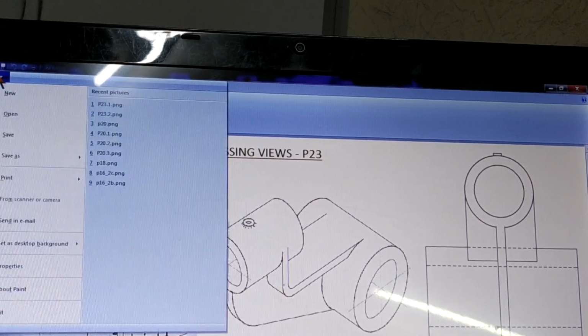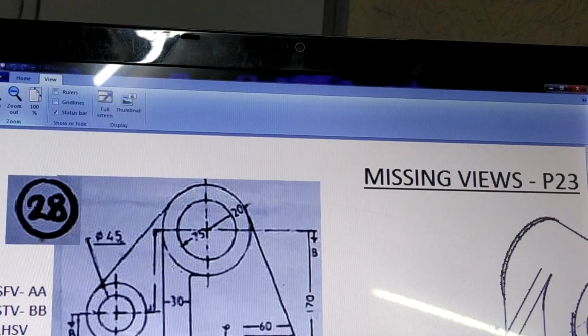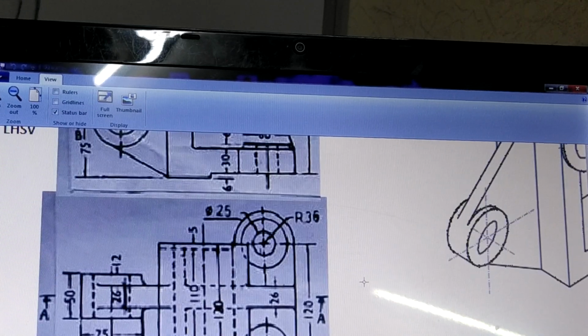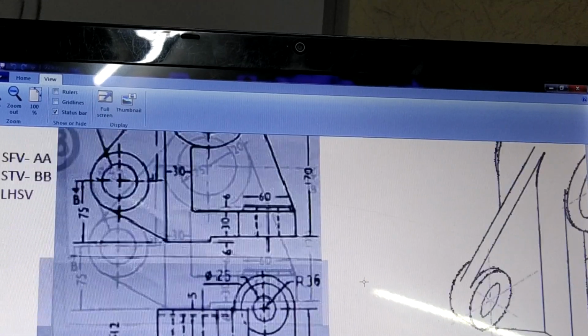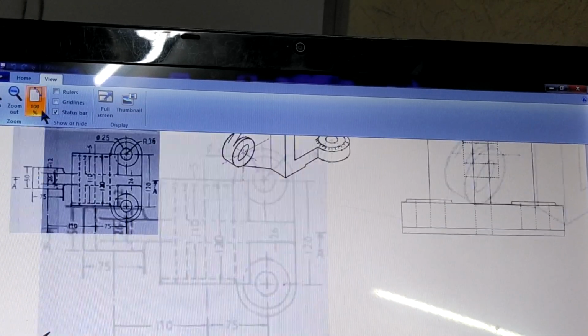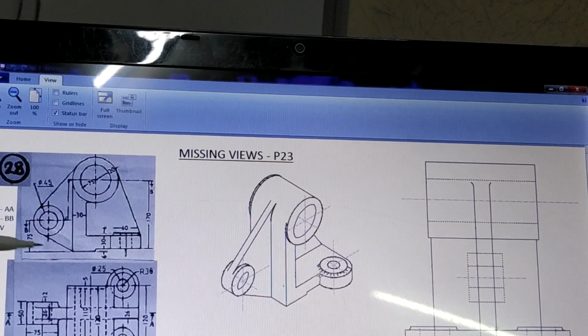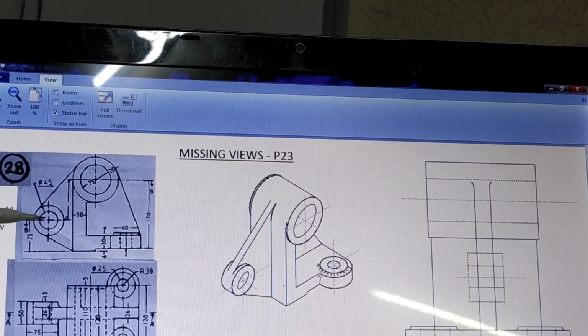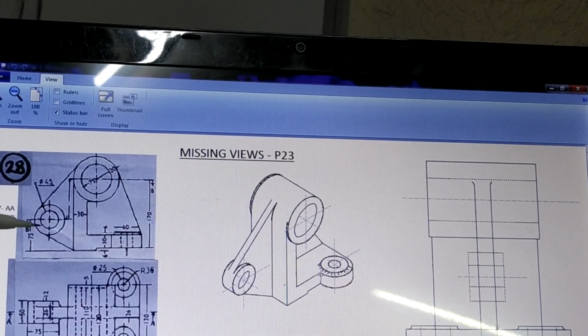Now let's go to the other figure, the other exercise, on page 28. As you can see here, there is a figure shown like this, again by two views. You can see this as the front view of the object, and the top view of the object is shown like this over here. Again, when you start examining, you have to examine the parts in the vertical line. This is what is shown here, and the corresponding part in the top view is shown here. So you have to try to understand these two figures and see how the shape is.